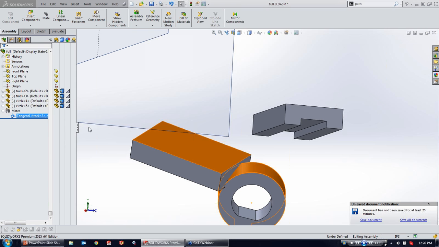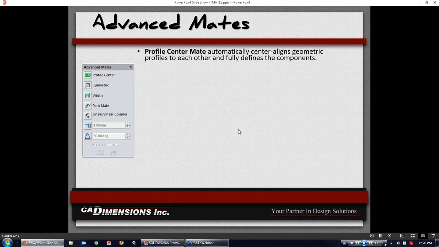Just going to get rid of that tangency. Yep. All right. So for our advanced mate, the first one we're going to look at is a profile center mate, which is fairly new. And what this is going to do is automatically align geometric profiles. So any polygon that has a closed edge, a circle, a square, any two shapes that will have